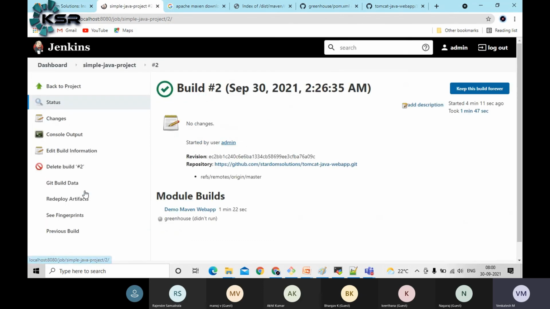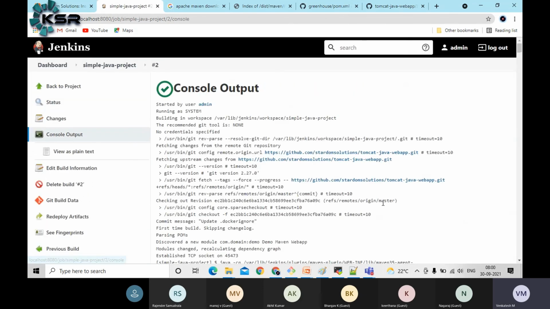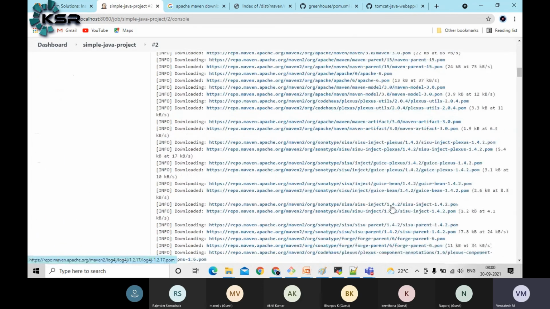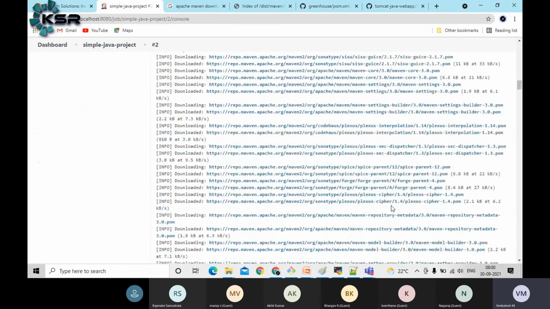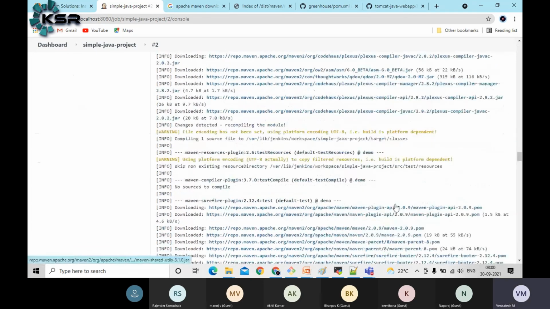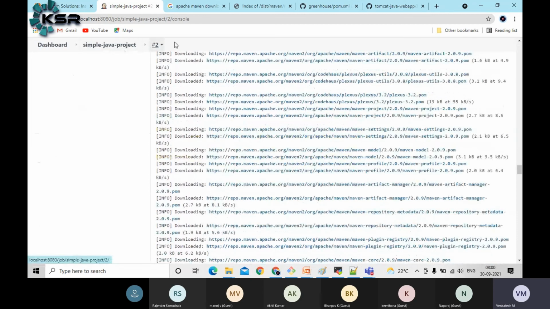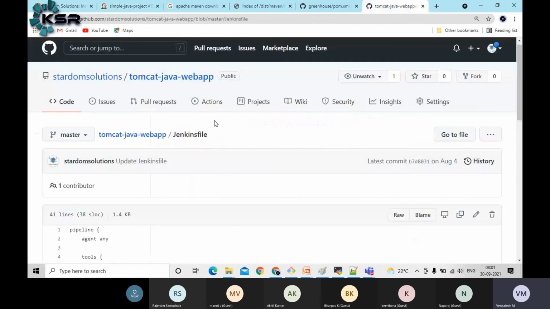Don't worry, that part we will cover in detail during our Maven. As of now, let's just be comfortable with Jenkins itself. Okay, guys. So try to do that part. Let me share the repository path with you.